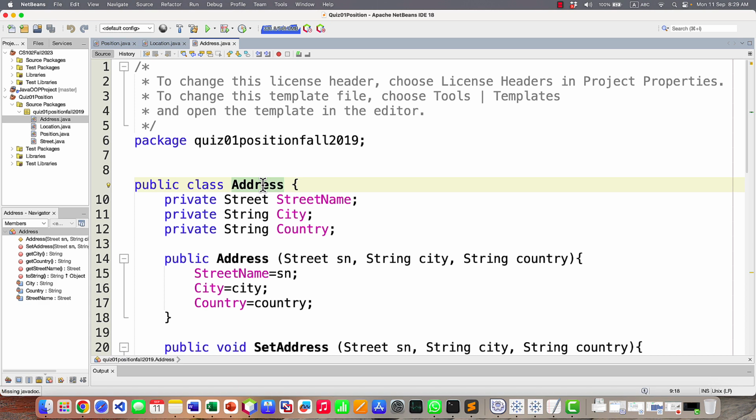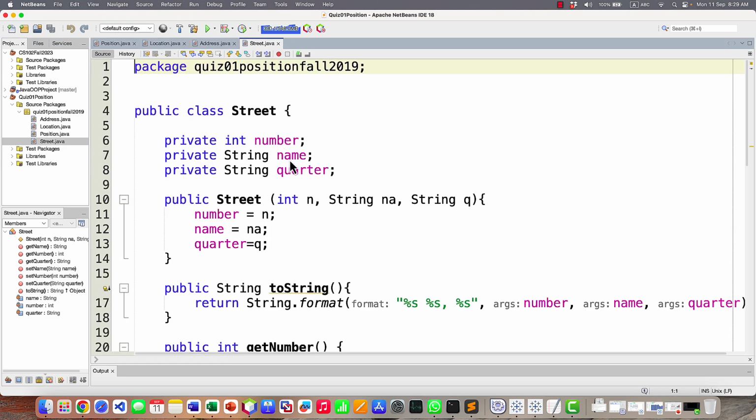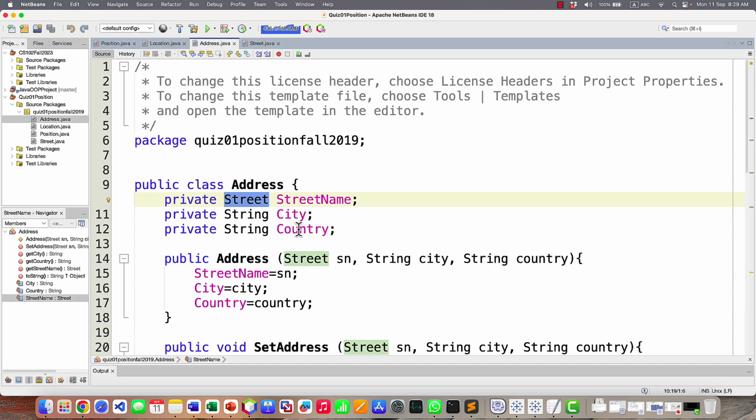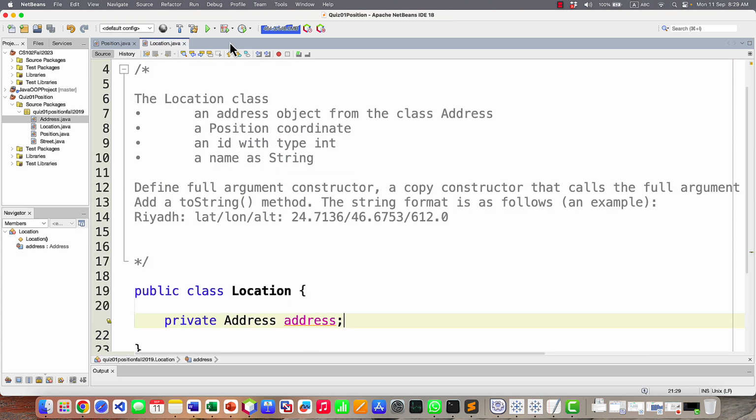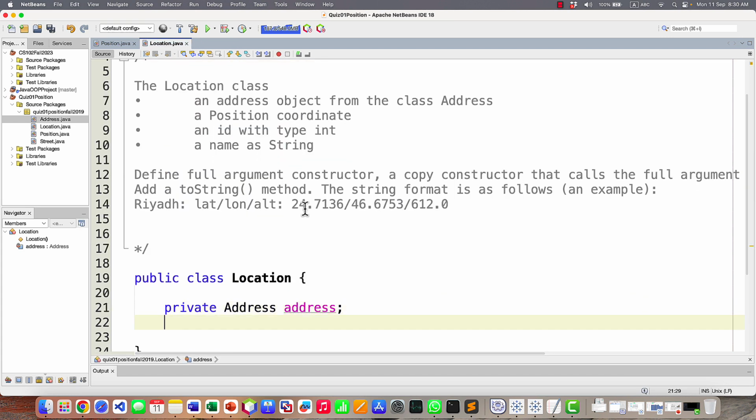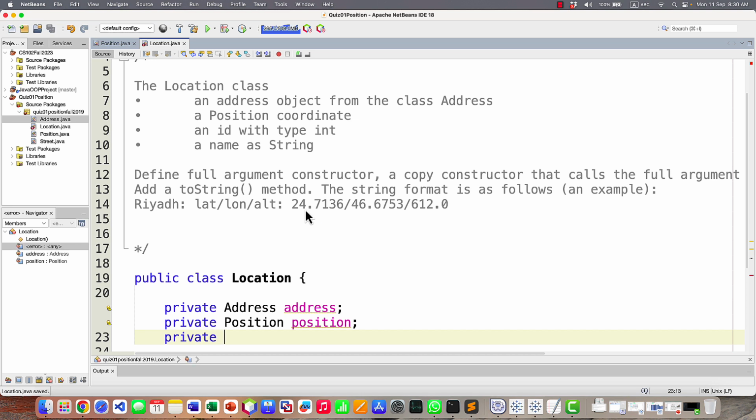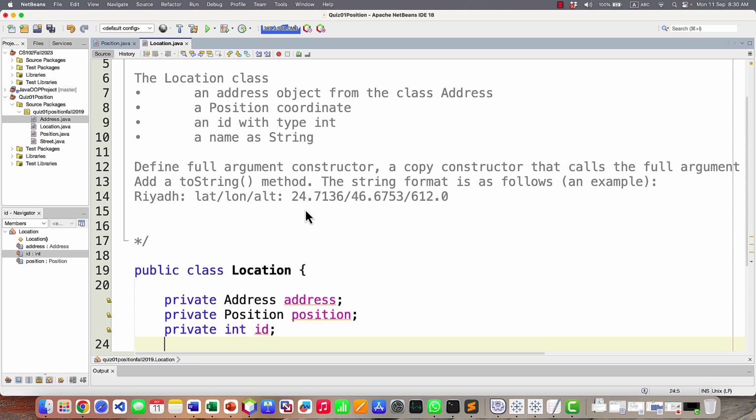It also contains a street object, and street has a street number, a street name, and a quarter, and then the city and the country. We're just going to use them. I don't need to go into all the details for the moment. Private, we also have a position attribute, and we have an ID, which is an int, and we have private